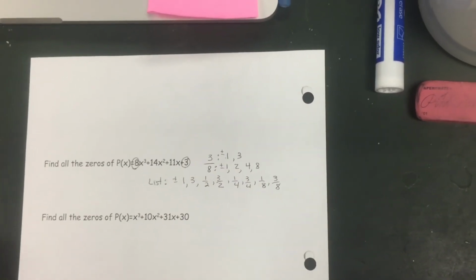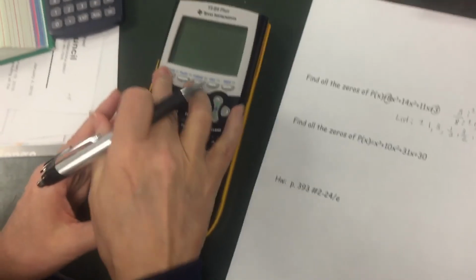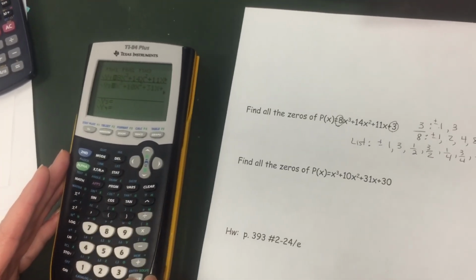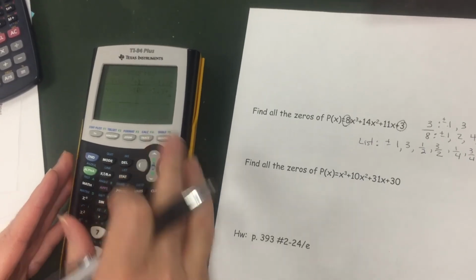Okay, so let's do a quick graph. I already have them inputted in here, so I'm just going to turn the first graph on, and we're going to graph this. And let's see how many rational